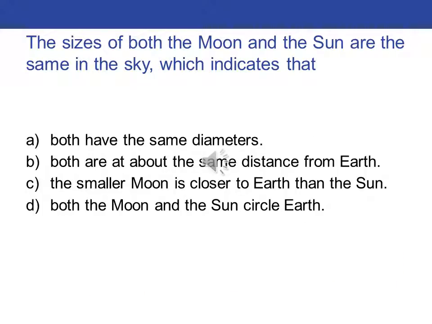Okay, actually, as we learned last time, 1 degree is spanned by your pinky at arm's length. Both the moon and the sun are about half a pinky at arm's length. Please don't try that at home. Don't try and cover the sun with your pinky, because if you miss by a little bit, you'll burn your retina.